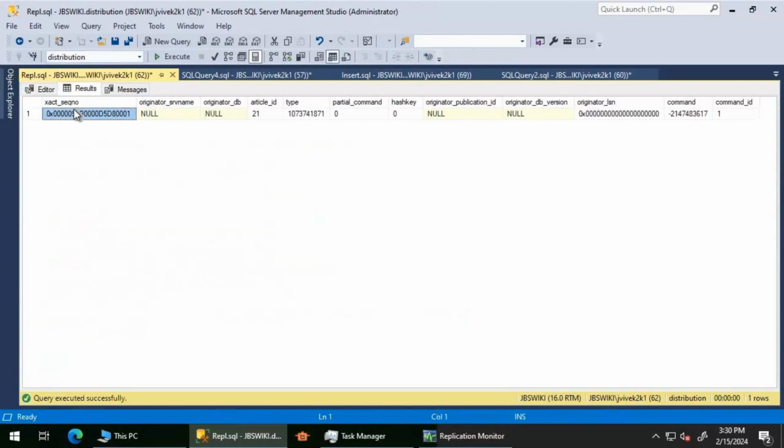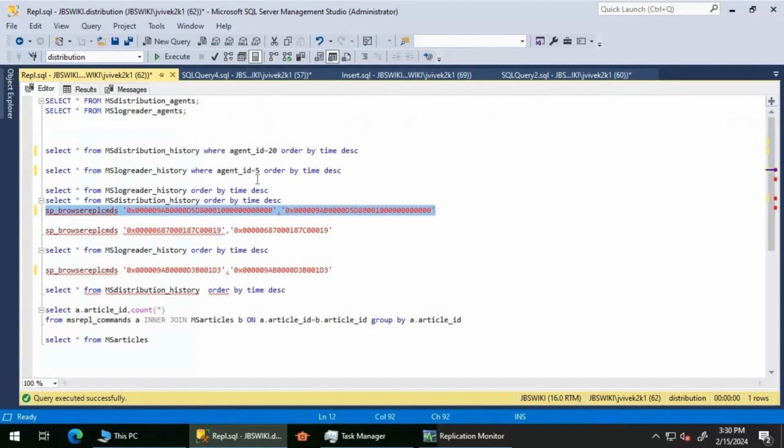Now, if you see here, we don't have much information. The exact sequence number is this, but it doesn't tell us what the command is and what it is basically doing. So nothing helpful here. So now what I'm going to do,